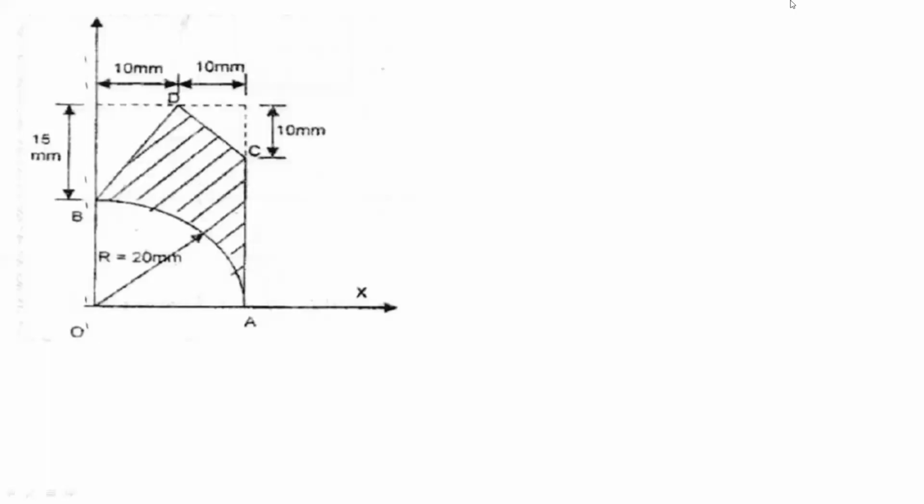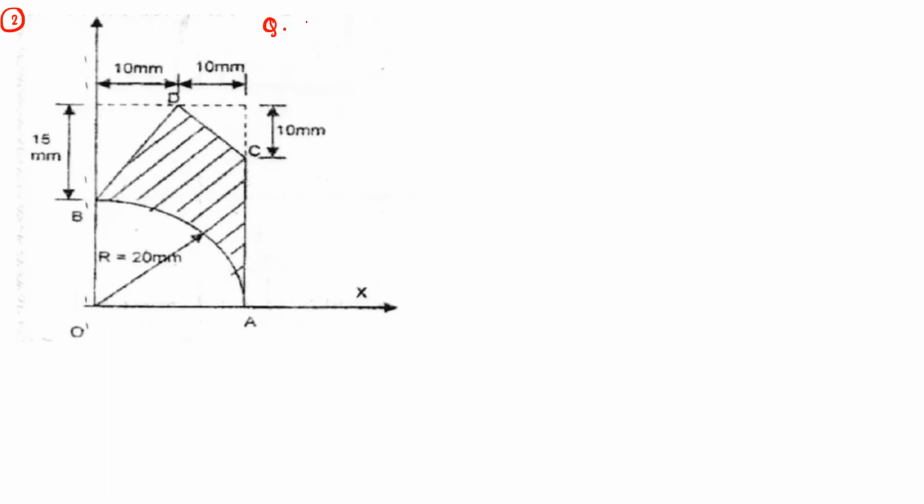So during the last lecture, we have seen the concept of the centroid and the center of gravity. And we have solved one problem on the centroid. So this is the second problem. So you can note it down. In this problem, a complex geometrical shape is shown, and we have to find out the centroid for the shaded portion.